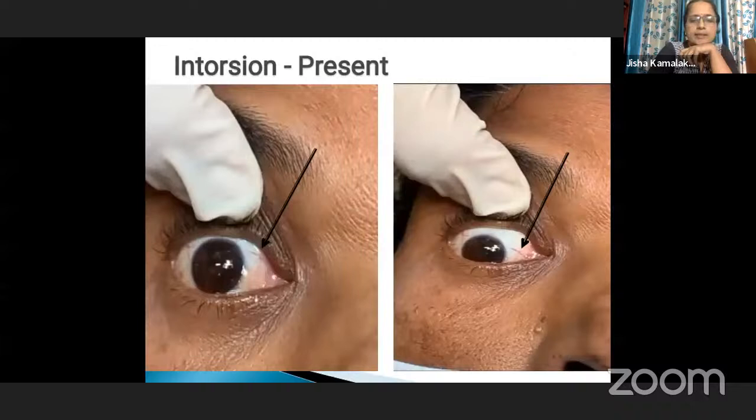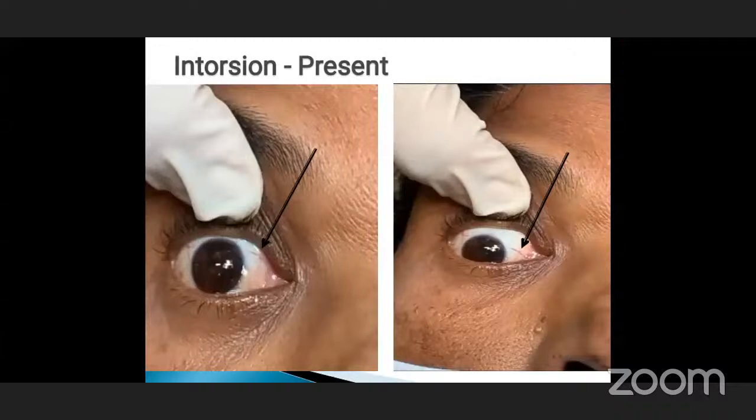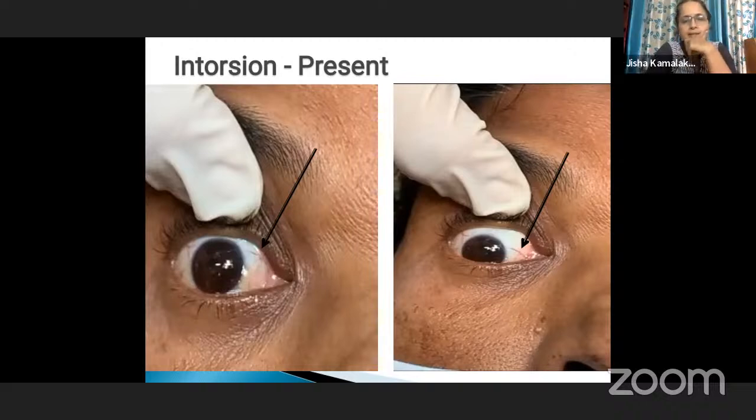So what does that arrow mark show? What did you check for? During the testing for intorsion, usually the superior oblique's action is depression in the adducted position. But here, due to oculomotor nerve palsy, the patient cannot adduct. So we ask the patient to look downwards. We can look at a blood vessel at the limbus, and during downward movement, we can see the intorsion of that blood vessel. Okay. What does that tell you? The fourth nerve is intact.